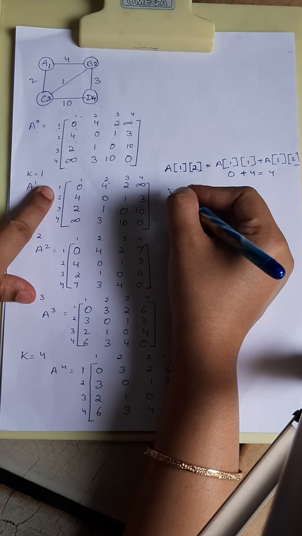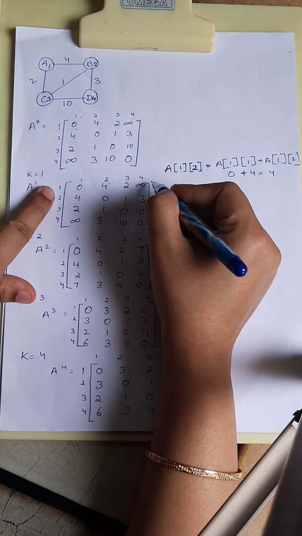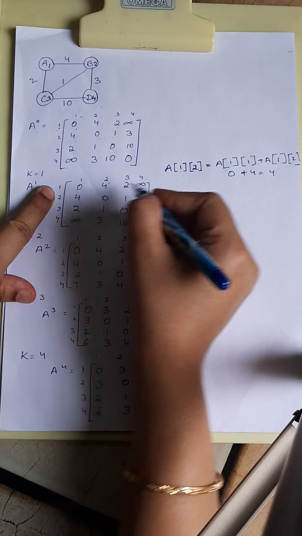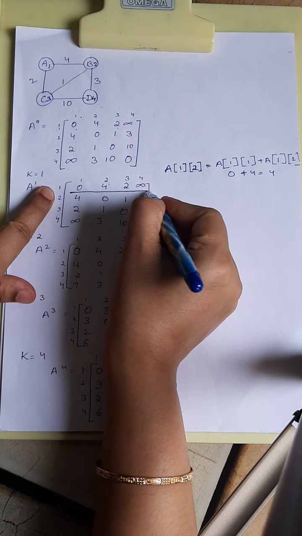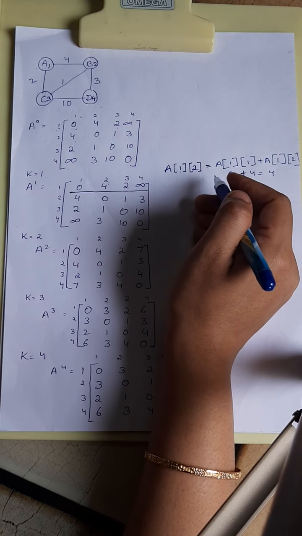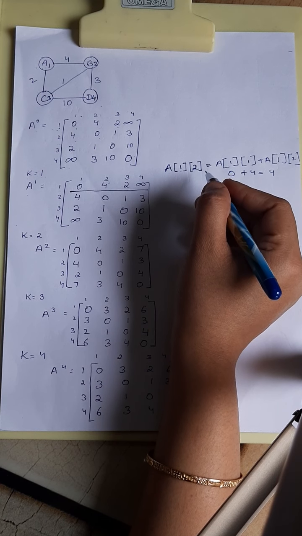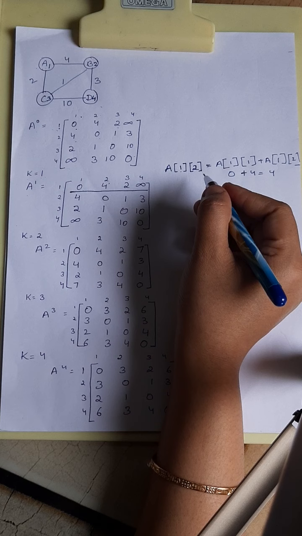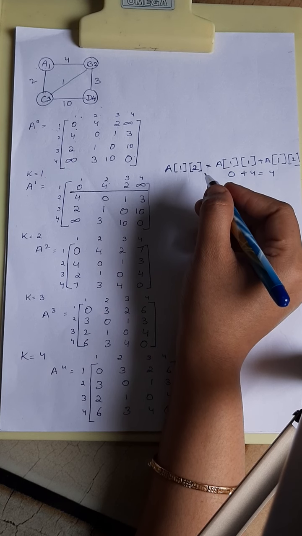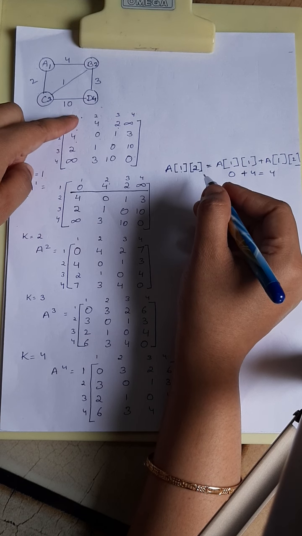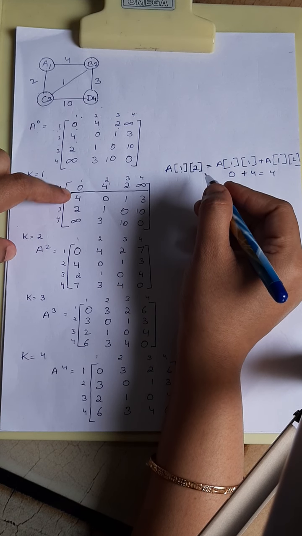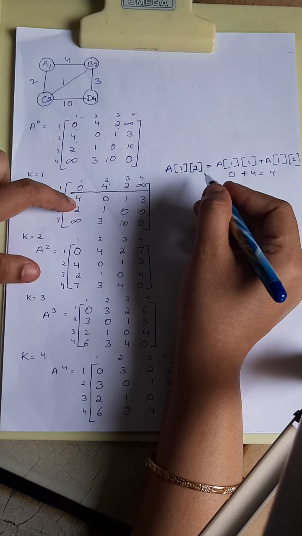Similarly for A of 1, 3 and 1, 4, all these values will remain same. So no need to touch this row. That's why, see the algorithm we have written that the elements of first row will be left untouched. So no need to change first row. We have to copy the same row as it is. You have to start with the second row in this case.